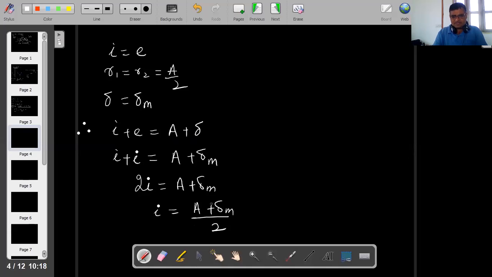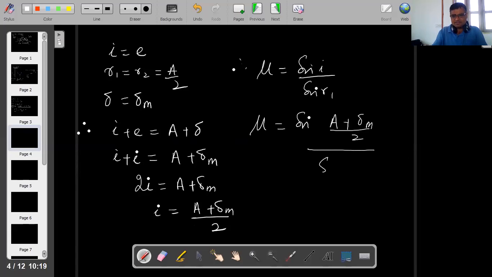Any doubt? No doubts are there. Now, therefore, what is that? Mu is equal to sin I by sin R1. So my mu is equal to sin I, where I is A plus delta M by 2, and R1 is equal to A by 2. This is the relation between